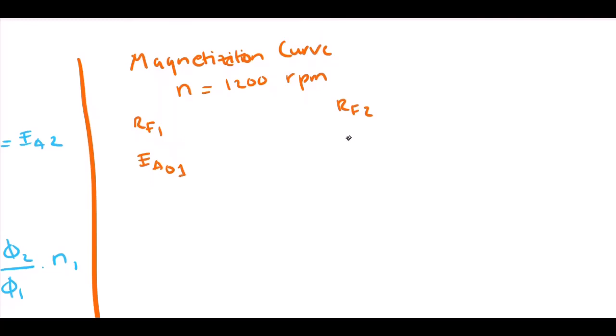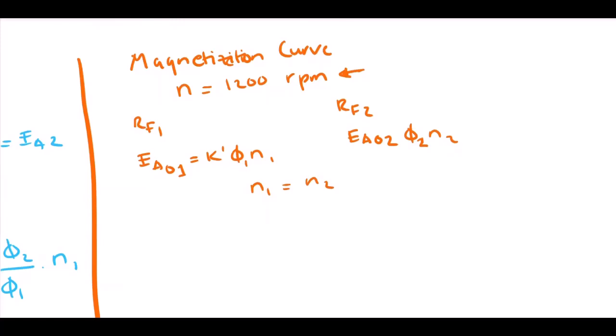So let's call them EA01 and EA02. And the equation for this is just like what we have before. And pi 1, pi 2. Okay, but because we know that the speed is the same, so n1 is the same as n2,